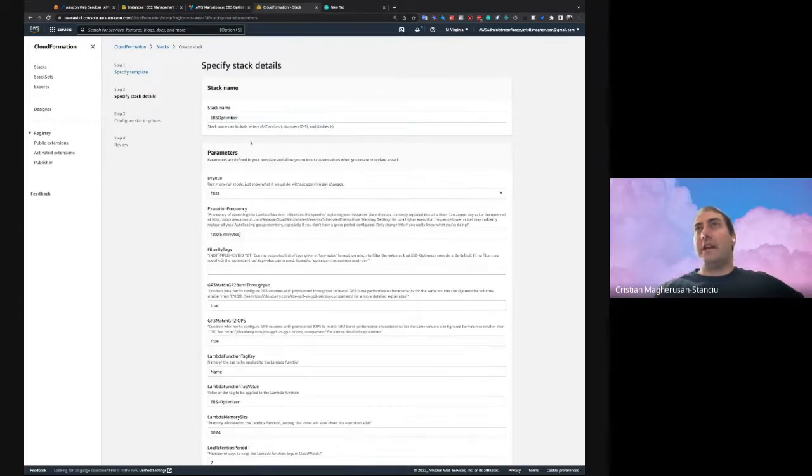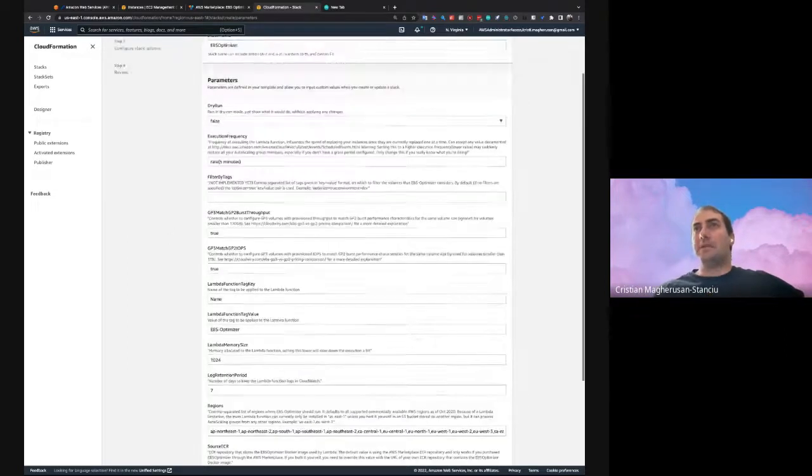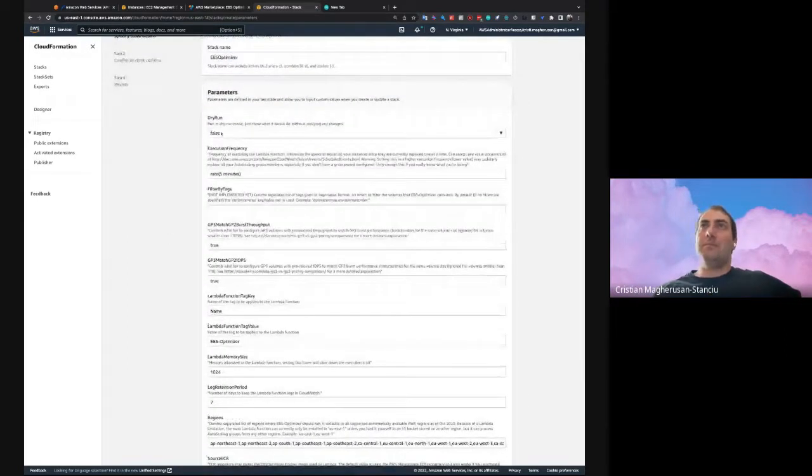We just have to select it. We select the stack name as default, and then we have a bunch of flags. We can run it in dry run mode, which will just log what it would do, or we could also run it in normal mode, as it's by default.